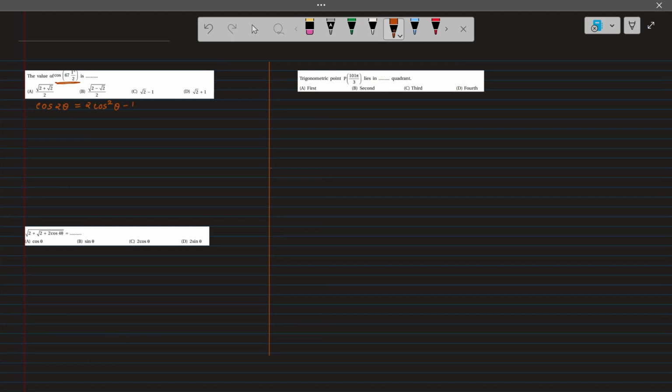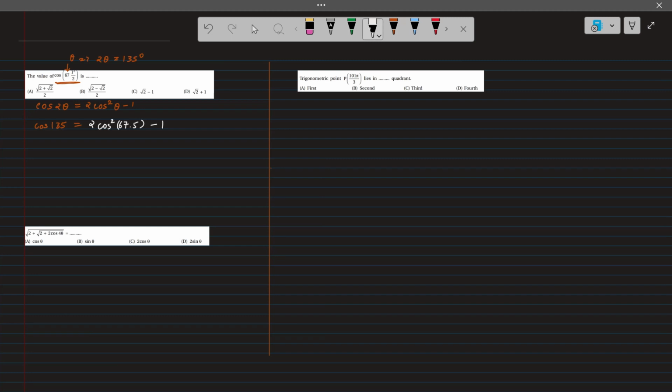If we take theta as 67.5, then 2 theta will be 135 degrees, whose value we can easily find, cos of 180 minus 45. So we'll use this identity over here and we can say cos 135 is equal to 2 times cos square 67.5